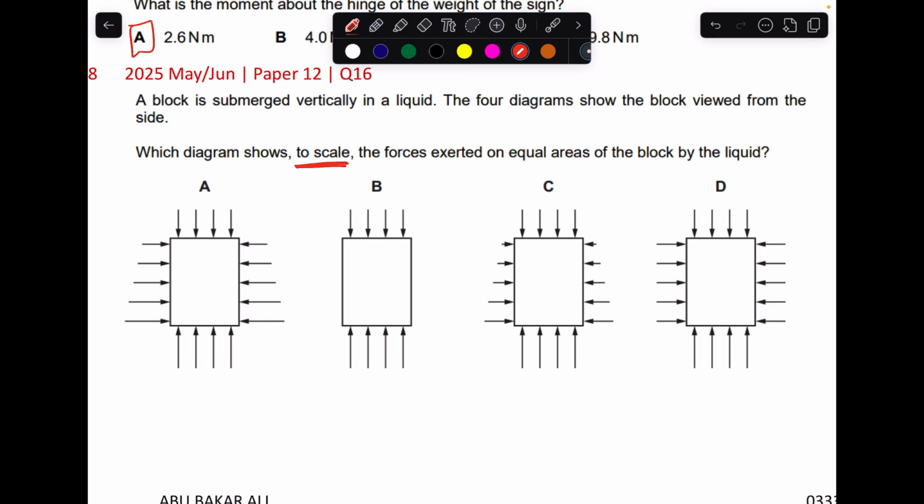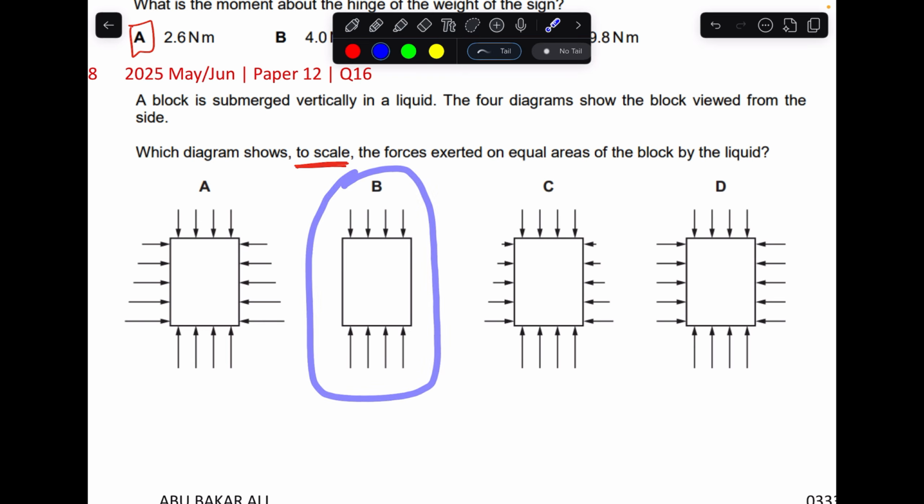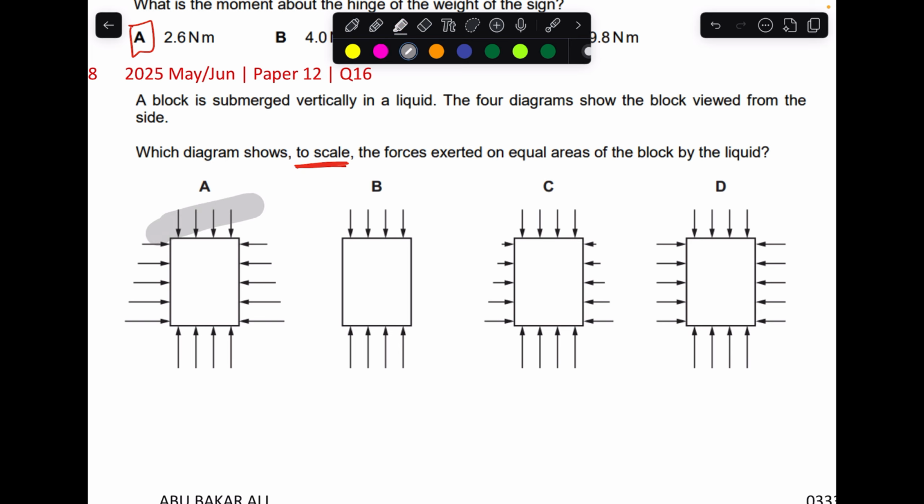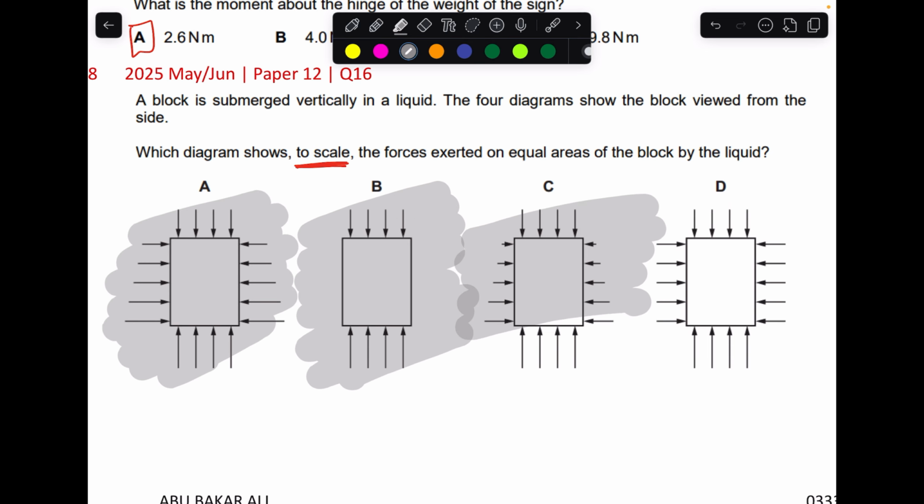Okay, so if you see in option B, these objects are all submerged in the liquid, like this. When something is in the fluid, it will exert a force from all the sides. So first thing, this is the wrong option, option B. Now we know the pressure is